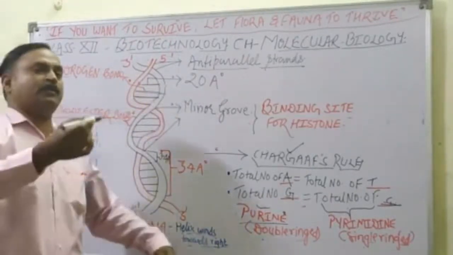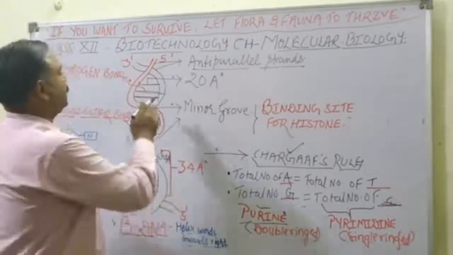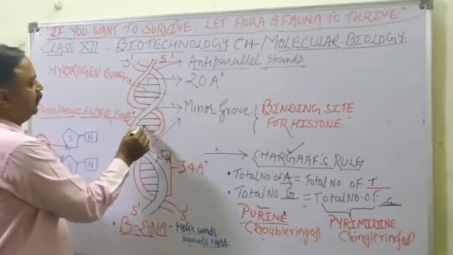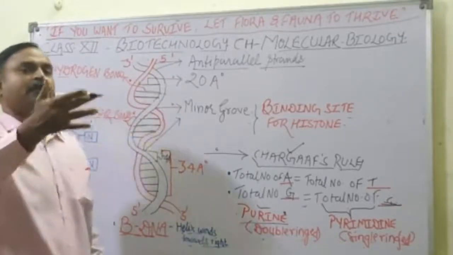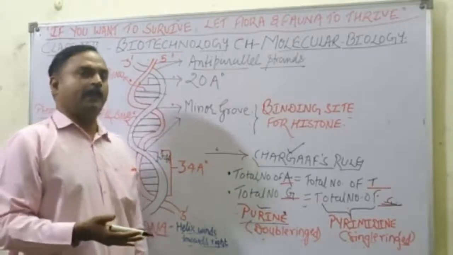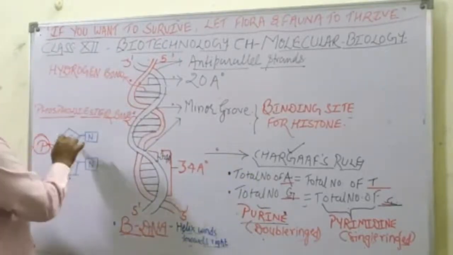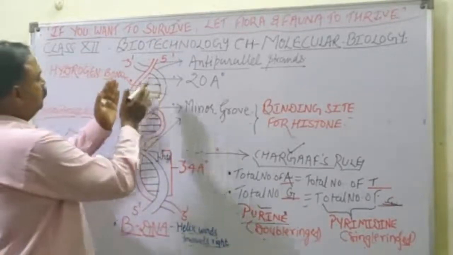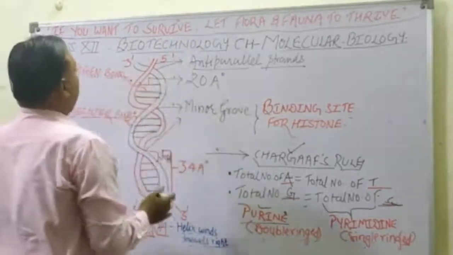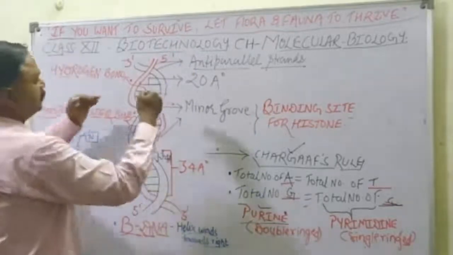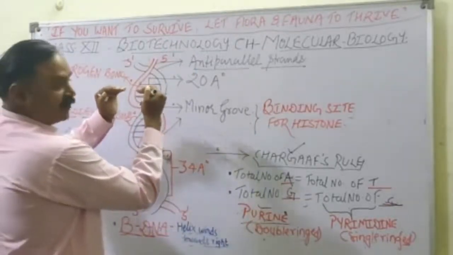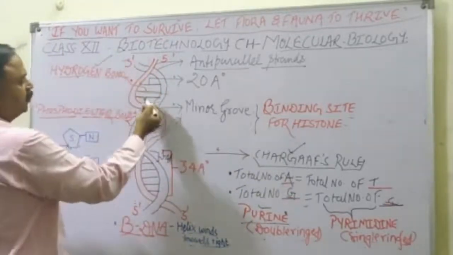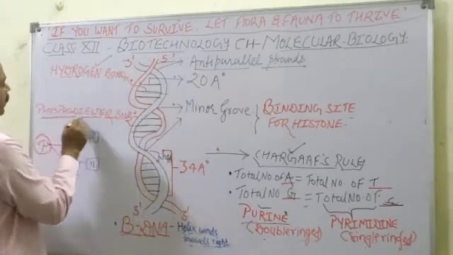Children, you know what nitrogen base pairs are. You can say these are nucleotides. DNA is made up of nucleotides. Nucleotides are the building blocks of DNA, made up of phosphate molecule, pentose sugar and nitrogenous bases. So these two strands, with two nucleotides in front of each other, are bonded by hydrogen bond, and each nucleotide is bonded